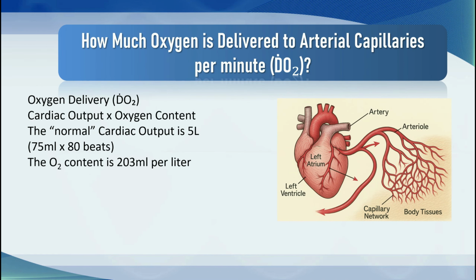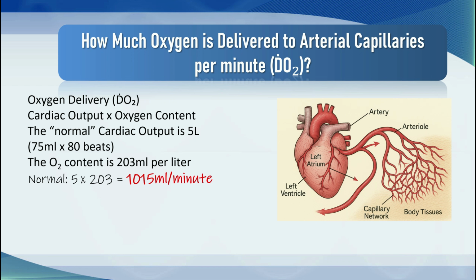Oxygen delivery is usually represented by DO2, the little dot over the D. And it's the cardiac output times the oxygen content. The normal cardiac output in this setting is about 5 litres, 75 mils of stroke volume times 80 beats. And we already found that in the normal patient, the oxygen content was 203 mils per litre. So we can multiply these out. 5 litres of cardiac output times 203 gives an oxygen delivery of